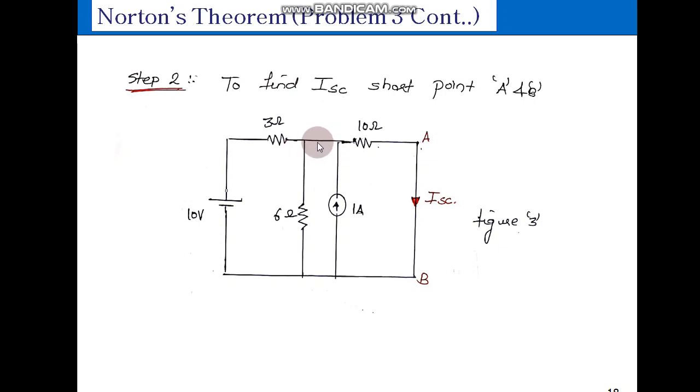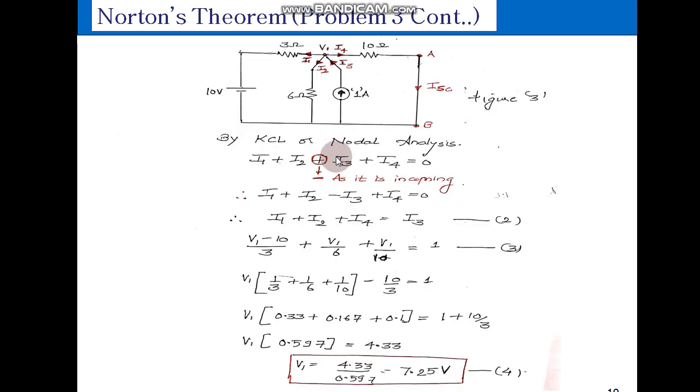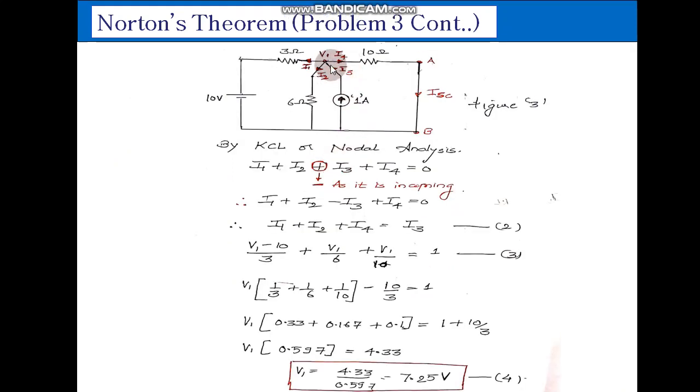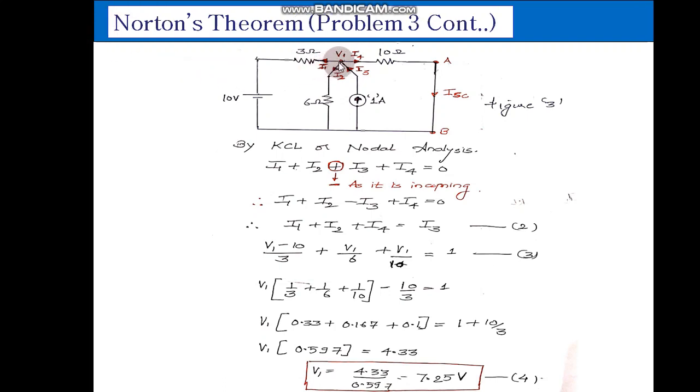So I am combining these two terminals to a single point in the next circuit diagram. See here, these 2 points are combined. And to solve this whole network, I will apply the nodal analysis. Nodal analysis deals with KCL, or it depends on Kirchhoff's current law. So the very basic rule is, from this node all the currents are to be considered as outgoing current. This is a tool, this is an analysis by which we can solve it.